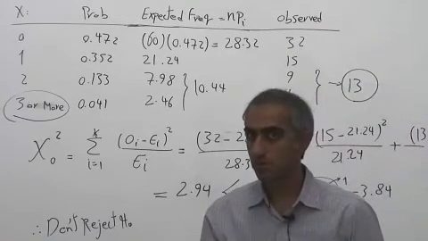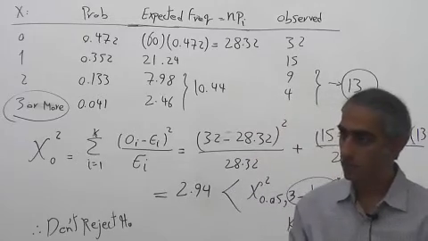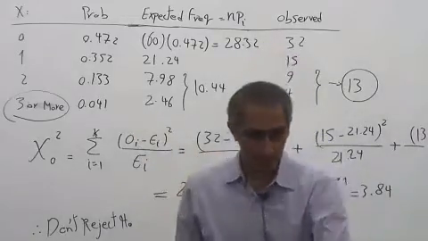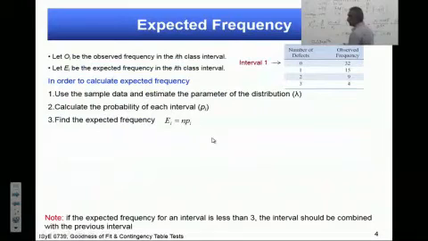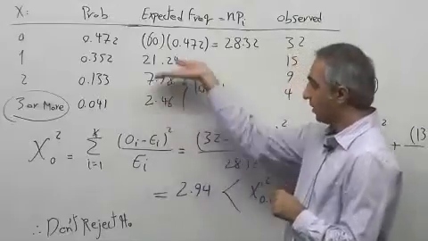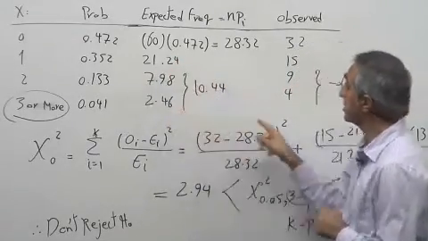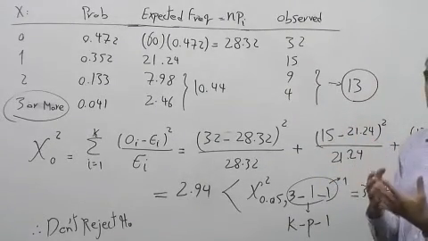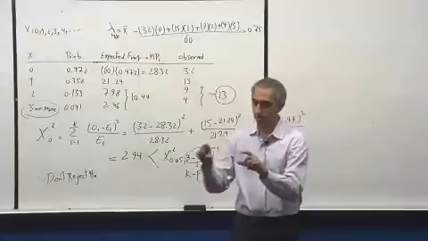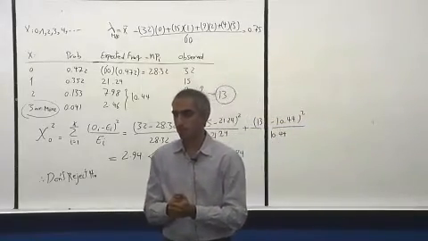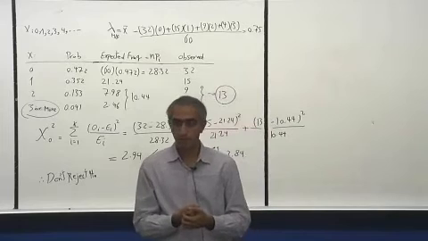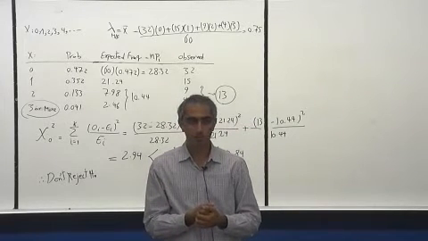Question: can you go over one more time why the intervals are combined? That's the rule basically that we have. If the expected frequency for an interval is less than 3, it's 2.46 here, we combine it with the previous interval. The expected frequency, not observed. The reason is that the chi-square distribution is not going to hold if we have a row with expected frequency less than 3. That's why we combined it with the previous one. You need to make sure that this is one of the conditions. Any other questions? Good? Okay,